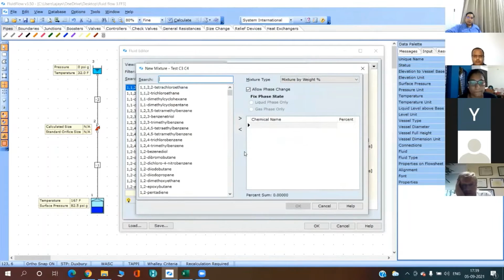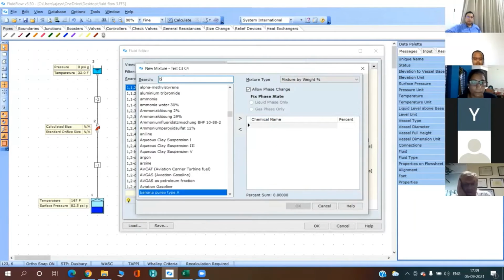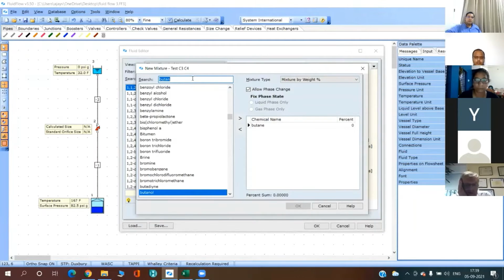All right. Now you are in the search bar. You can type butane. Then double click. Then type propane. Then double click. So I added two components, butane and propane.